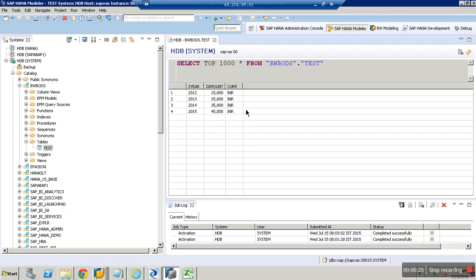Year, amount, currency. Simple. I just took a simple table and in this, year is a primary key. Atla table, HANAlo table undi 4 records ఉన్నాయి. Assume ఇది HANA కాకుండా వేరే ఏదో సిస్టమ్ అయినా అనుకో అంతే. ఓకే బస్. So I need to extract data from this database to BW by leveraging some ETL tool in between